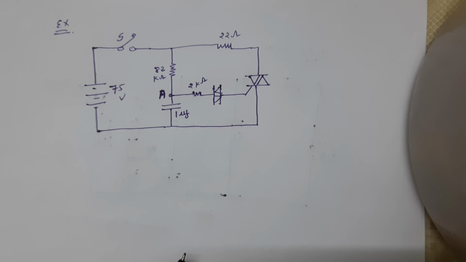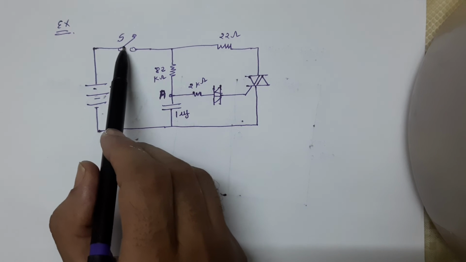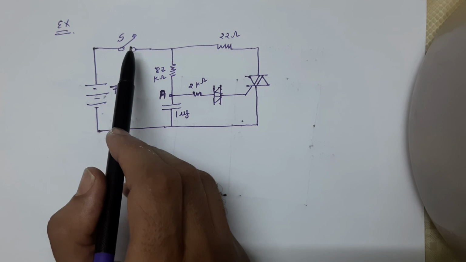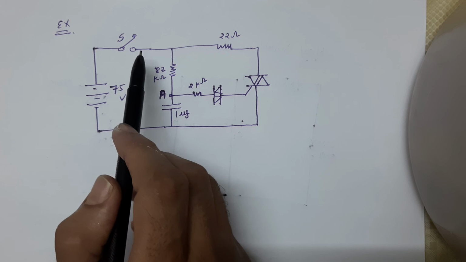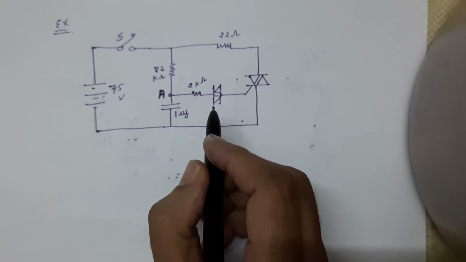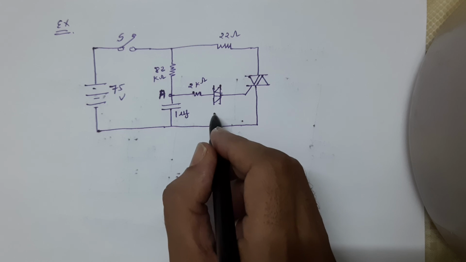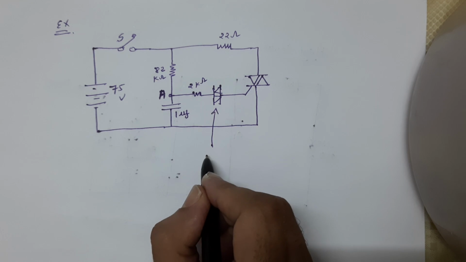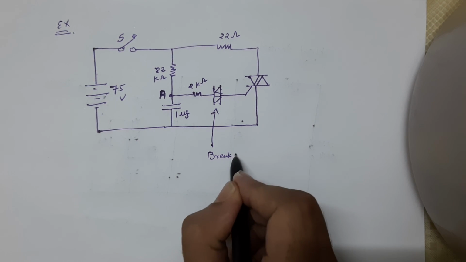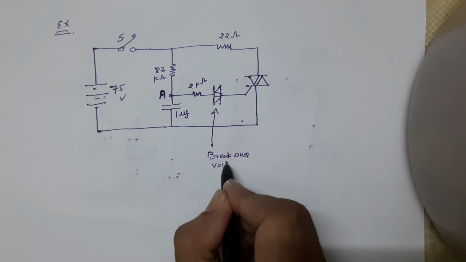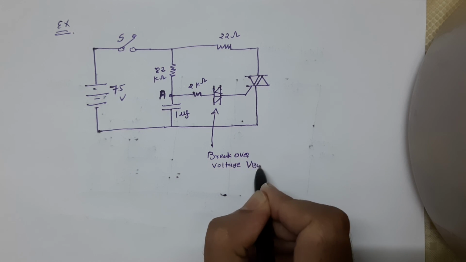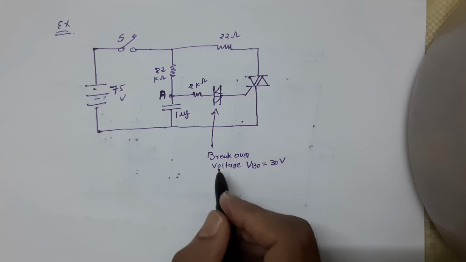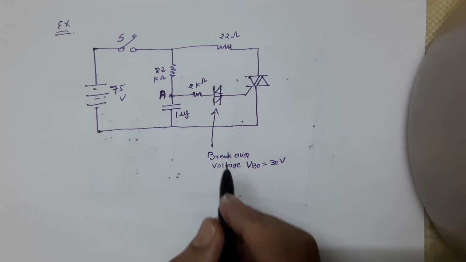The last example is this; here is the circuit diagram. In this figure, the switch is closed. This is your switch. A diac with breakover voltage VBO equal to 30 volt is connected in the circuit. The diac has a breakover voltage of 30 volt. If the triac has a trigger voltage of 1 volt